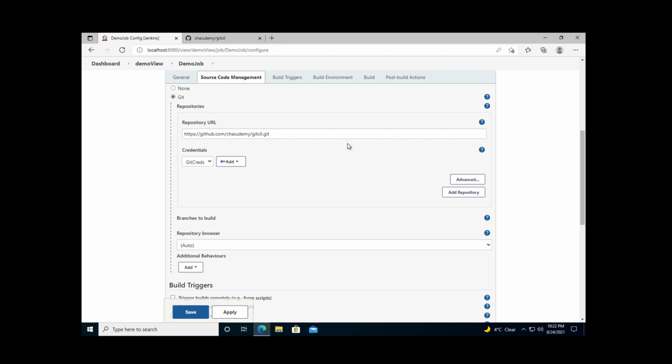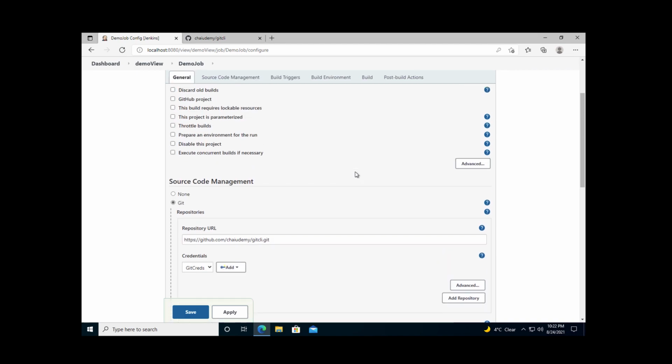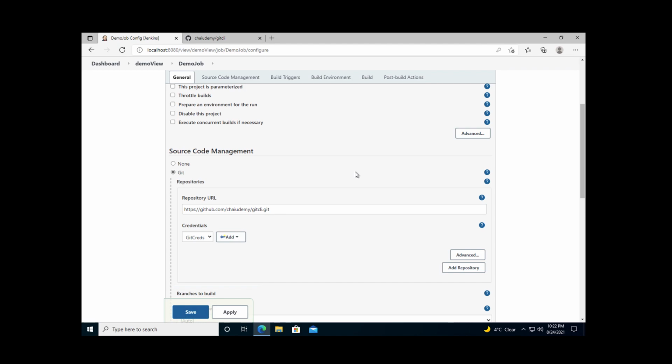So this is one way to connect your job with your Git source code management, and ensure you authenticate against your GitHub and